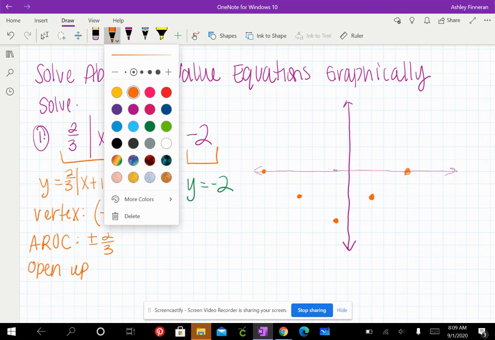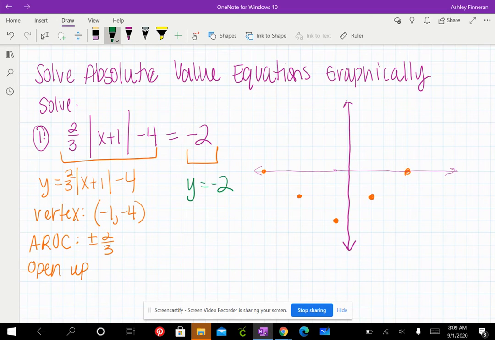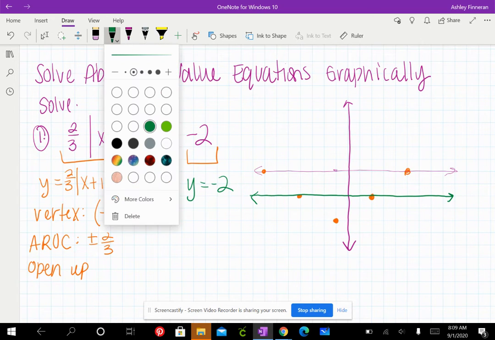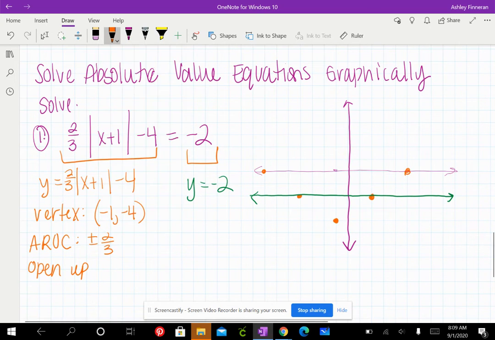So now I'm going to graph the line y equals -2. Oh, I never actually graphed my absolute value. Whoops. Let's go back and fill that in really quick. Sorry about that, guys. When I erased my axes, it threw me off. All right. So now I have my absolute value function graphed, and I have my horizontal line graphed. Remember, if you just have y equals a number, you are looking for all of the points in which y is -2,